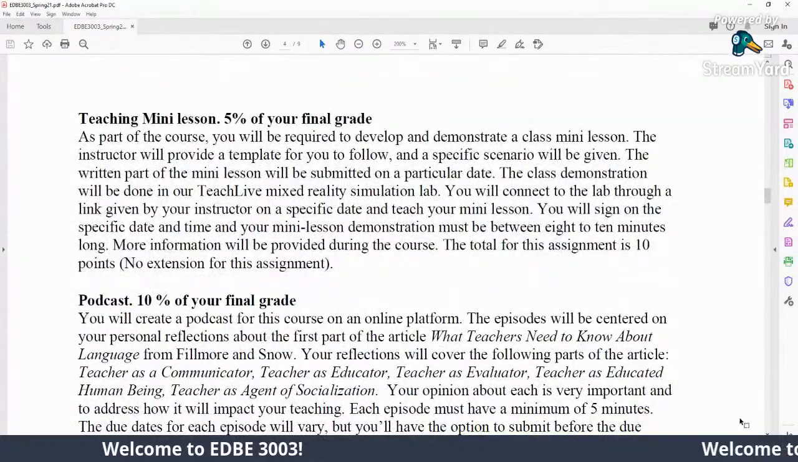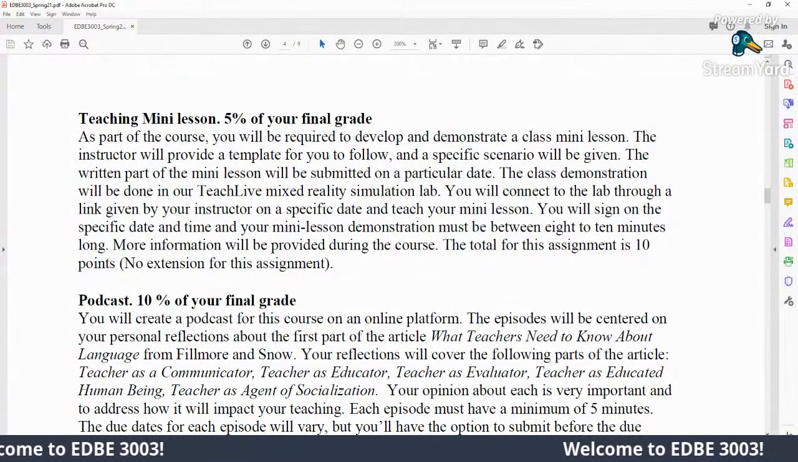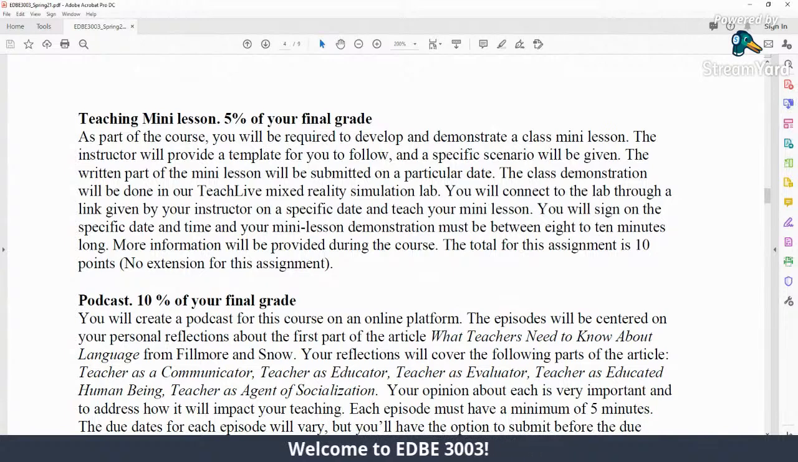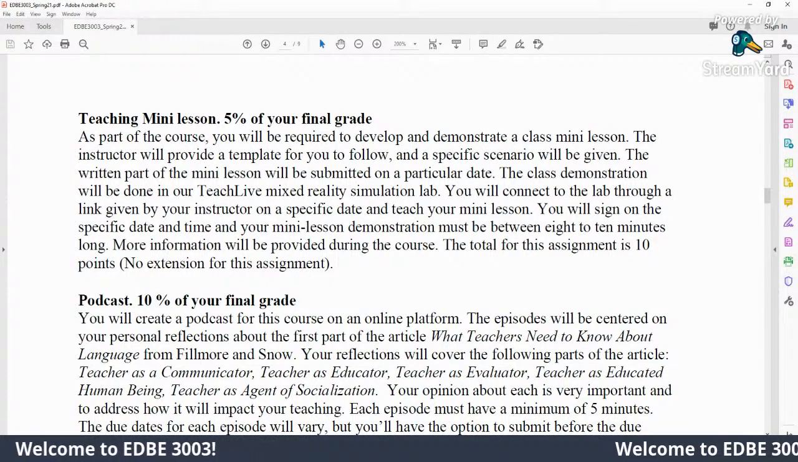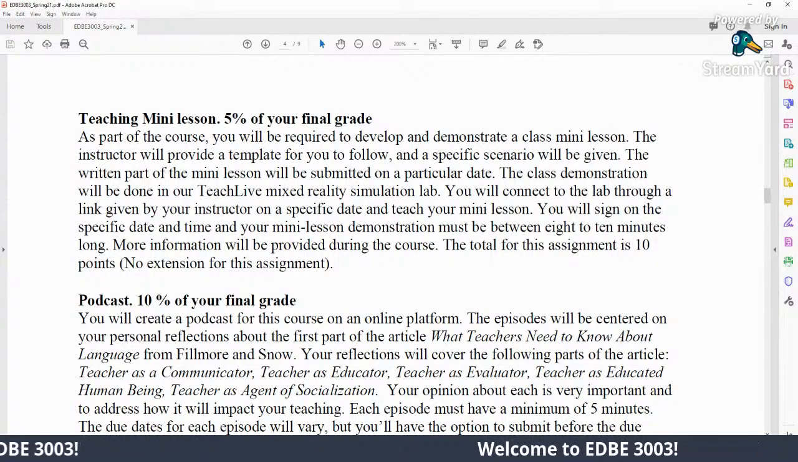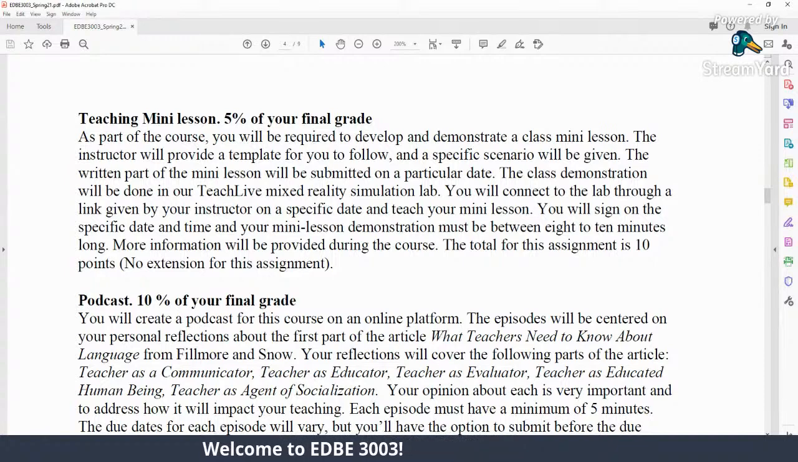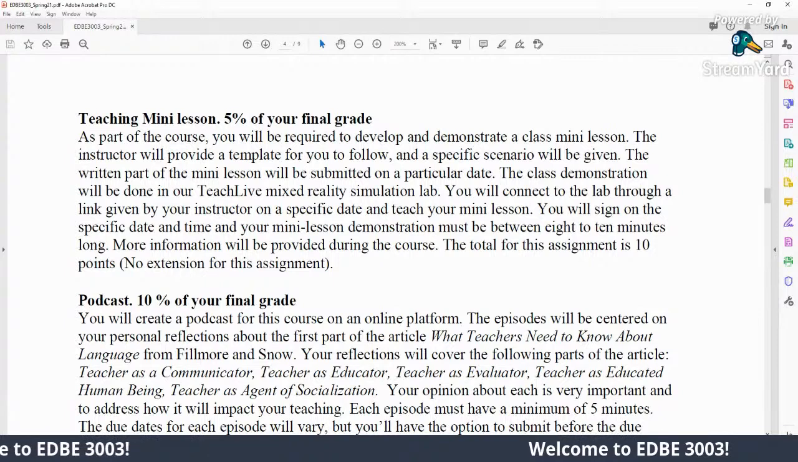Teaching mini lesson. As part of the course, you will be required to develop and demonstrate a class mini lesson. The instructor will provide a template for you to follow, and a specific scenario will be given. The written part of the mini lesson will be submitted on a particular date. The class demonstration will be done in our Teach Live Mixed Reality Simulation Lab. You will connect to the lab through a link given by the instructor on a specific date